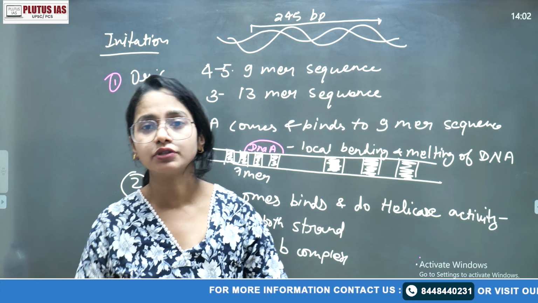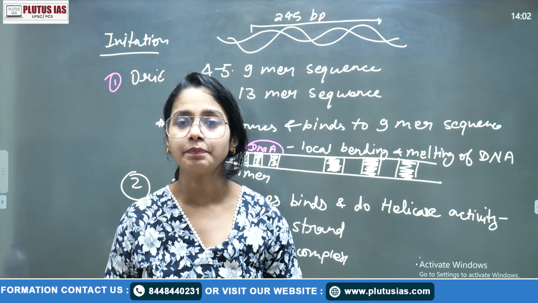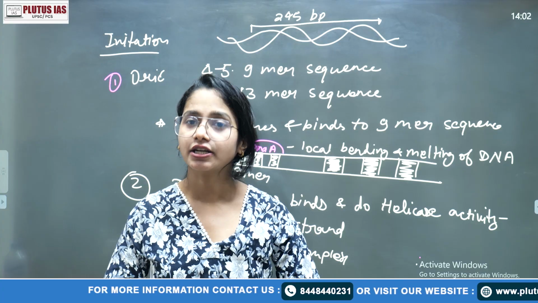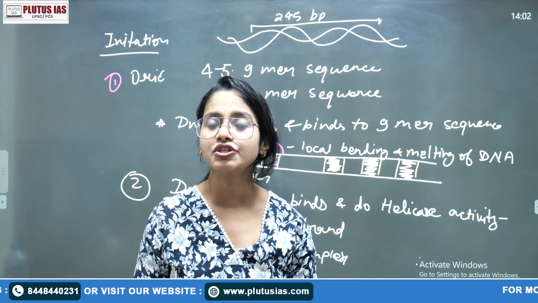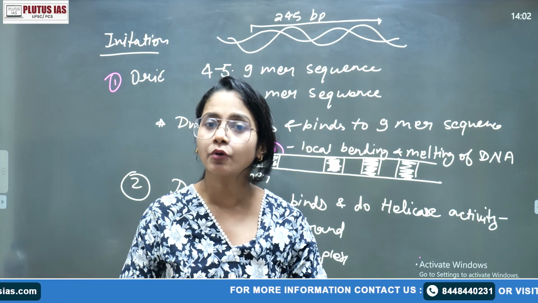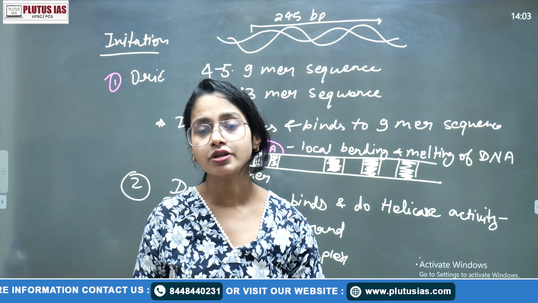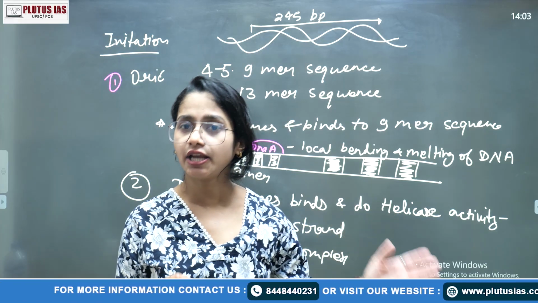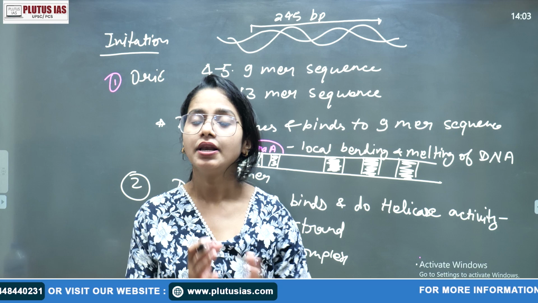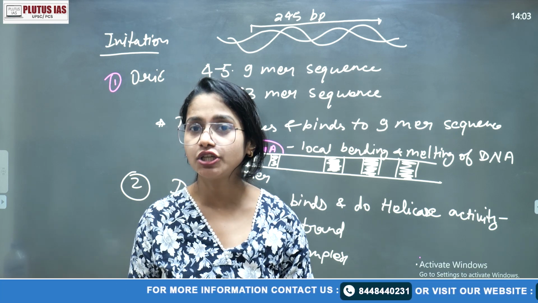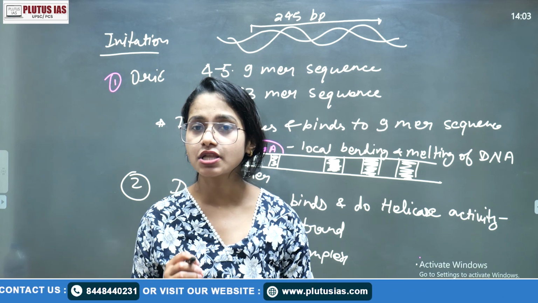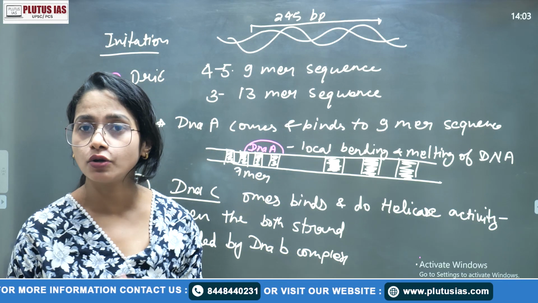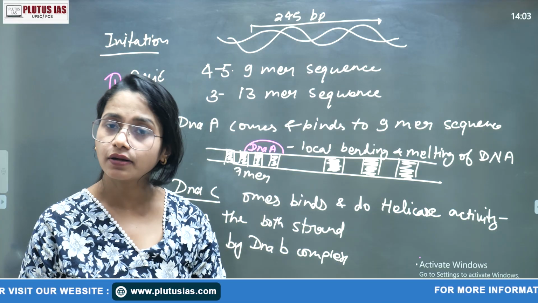If there is any doubt, you can ask me. We will compare DNA replication in prokaryotes and eukaryotes in our next series on DNA replication. Here I have specifically mentioned all the enzymes used in prokaryotes. Similarly, I'll do that for eukaryotes, not just saying helicase, gyrase and so on, but specifically mentioning DNA A, DNA B, DNA topoisomerase II, DNA G, the beta clamp loader. These are the small details you need to note for writing a complete and well-structured answer, not at the level of graduation or 12th, but a complete answer.